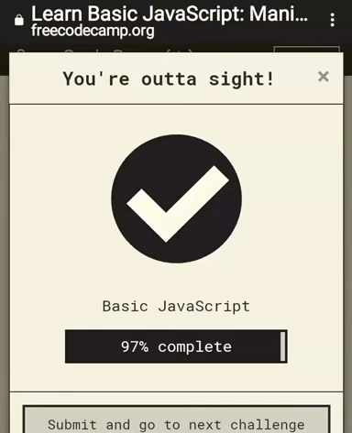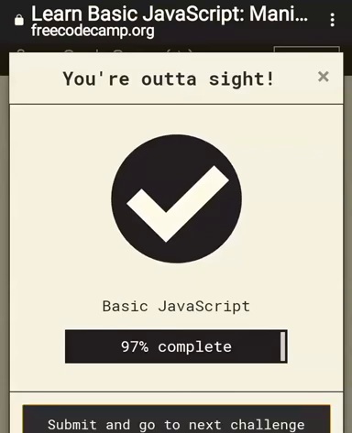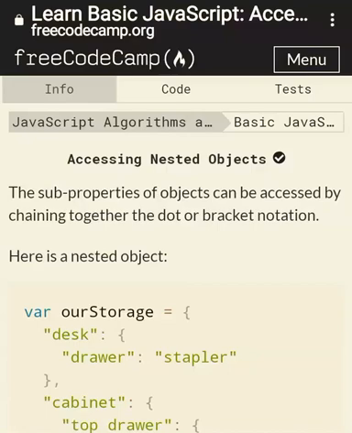There you go. You passed already. So 97% completed already in your basic JavaScript lessons. Then you can submit and go to the next lesson, which is about accessing nested objects. I'll also be including the links to my array lesson, array playlist and object playlist so that you can go through them once again in case you have